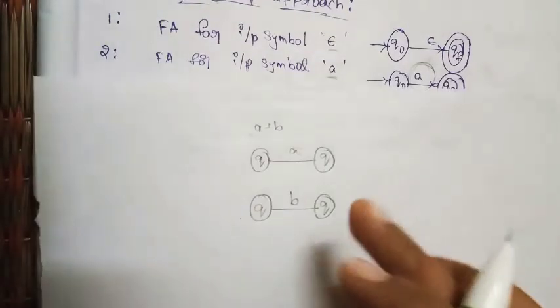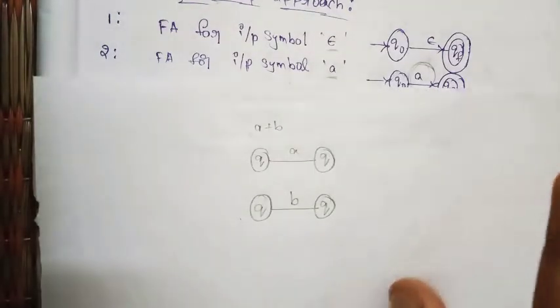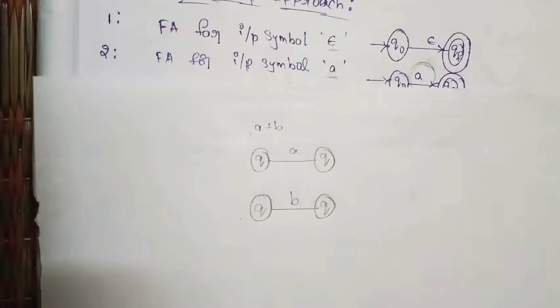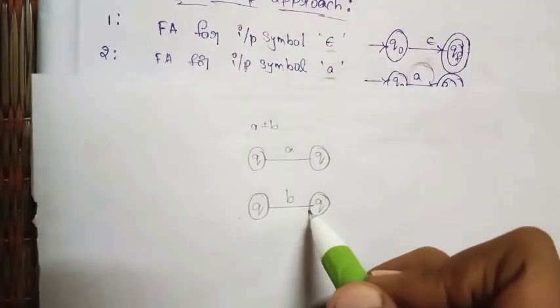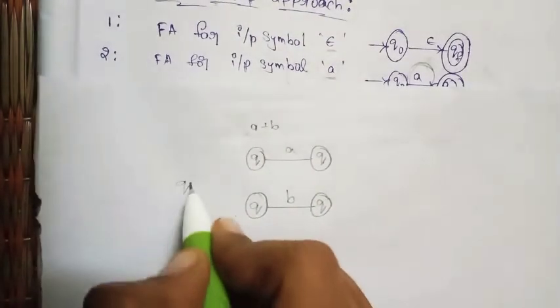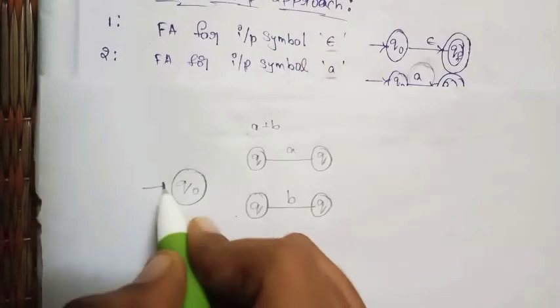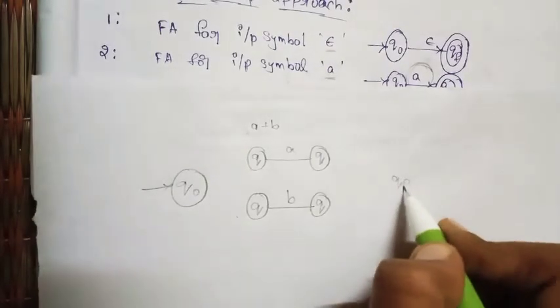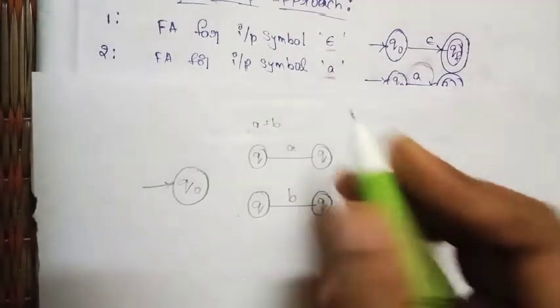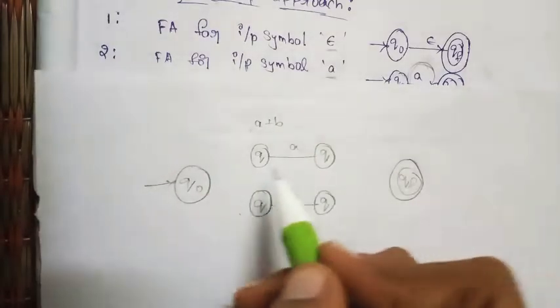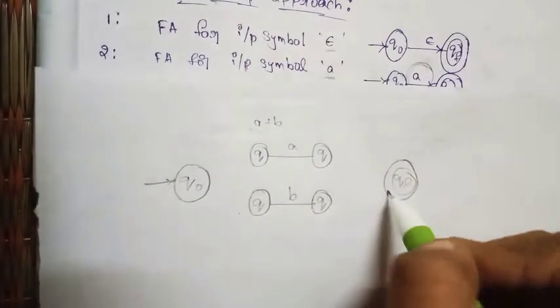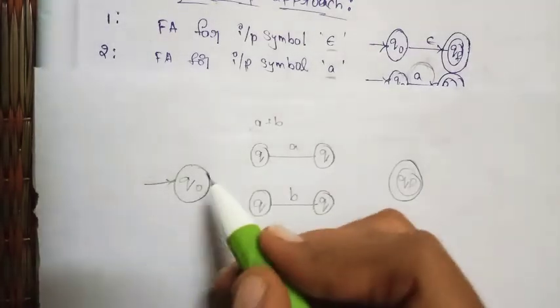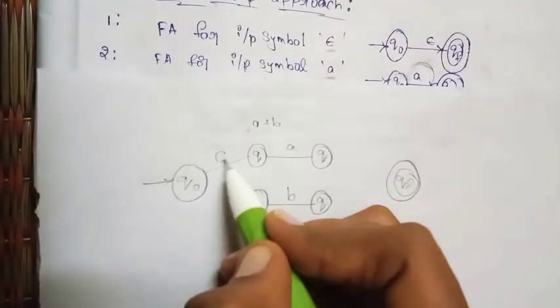In top down approach, for two states, at upside we give a and at downside we give b, but here just take two different states. Now this is the initial state and this is the final state. Now just combine these new states with the initial state and with the final state with the help of epsilons, with the help of epsilon here